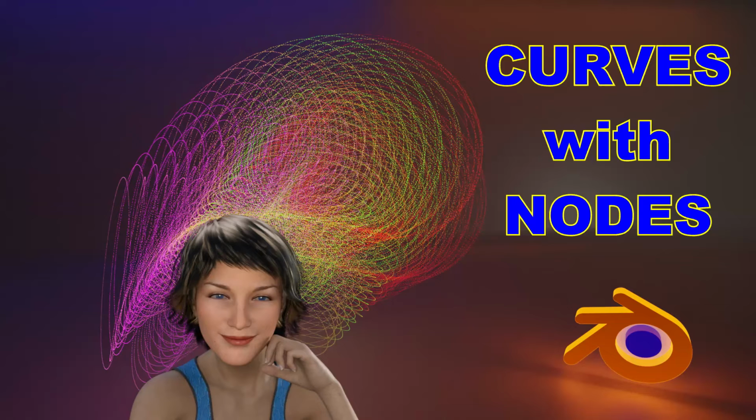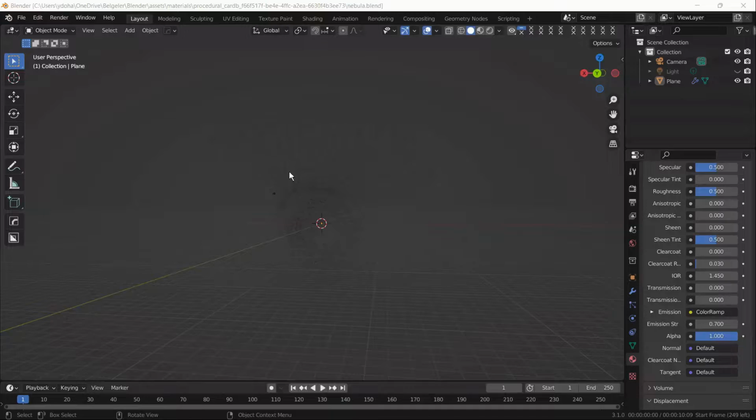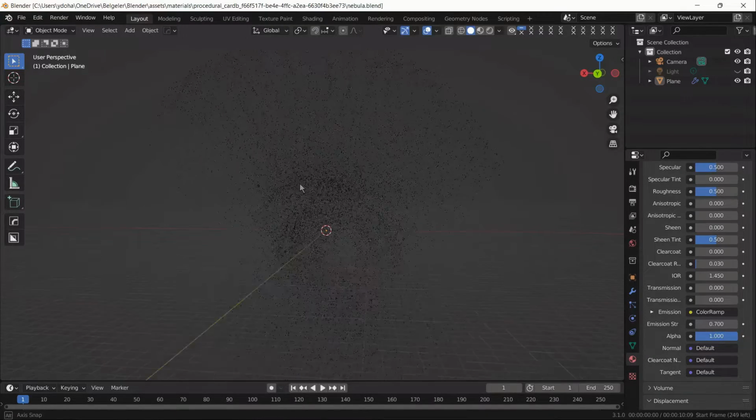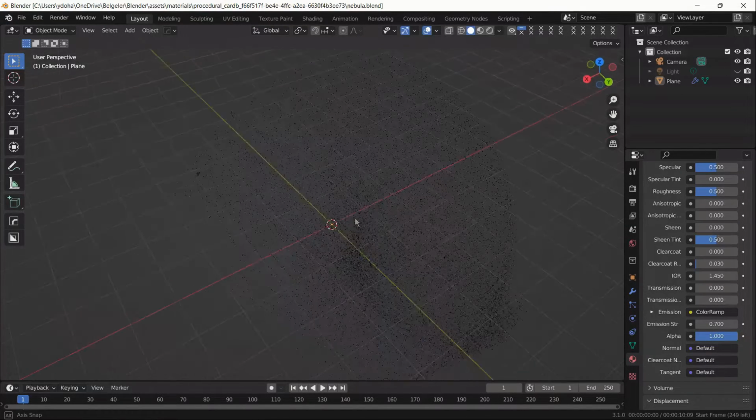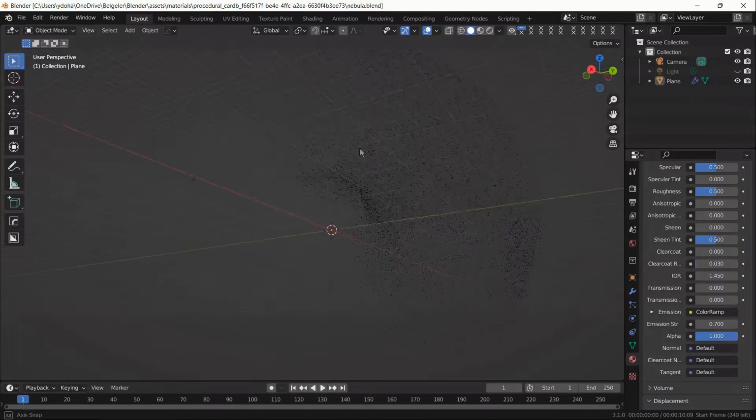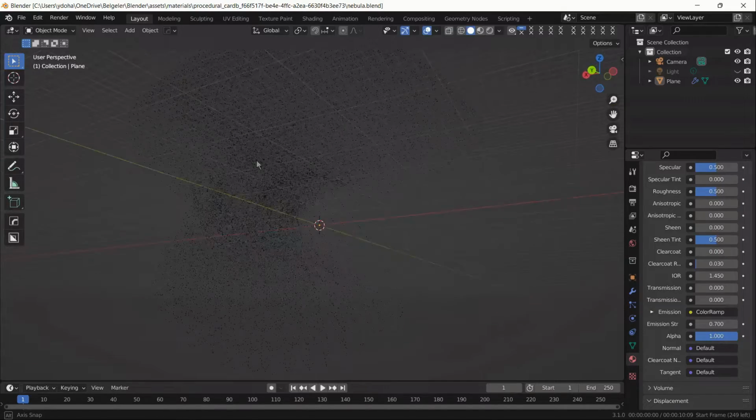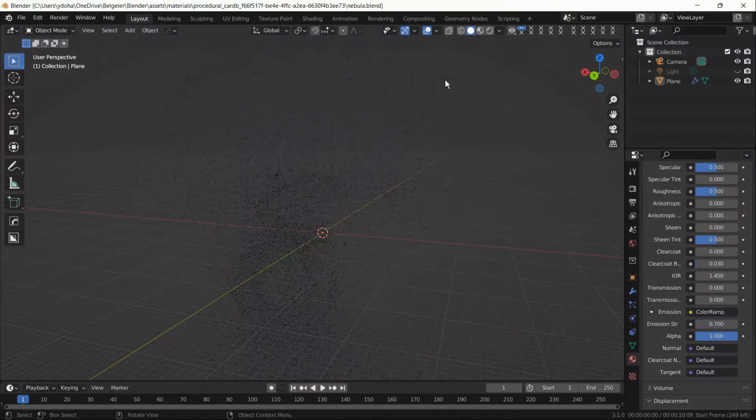Hello guys, today we are gonna review this project related with the curves. We're gonna see what kind of nodes we use and how we connected them. We will check the geometry node setup and the simple material setup to get this cool shape, and it looks